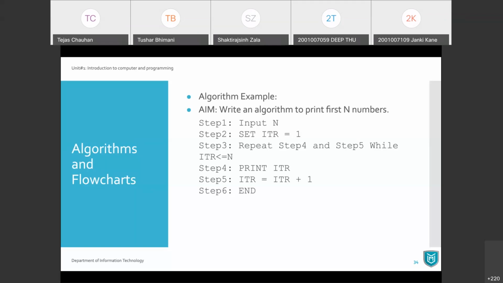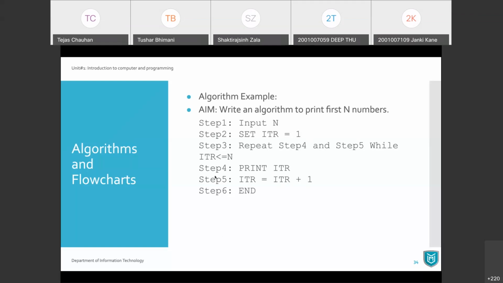algorithms. Step 1, 2, 3, 4, 5, and so on. You need to have a number of steps. Now when you're writing your steps, you can number these steps in a sequential manner. But in a go to statement or if statement or repeat statement, what you can do is just write step and leave a space to write the number later, because later you will decide which steps you want to repeat once you are done with this logic, print and increment of ITR.